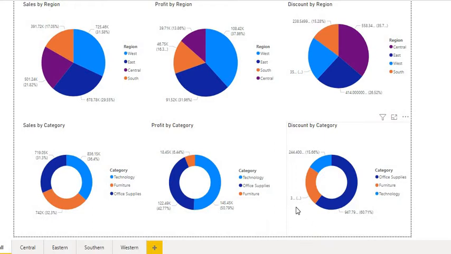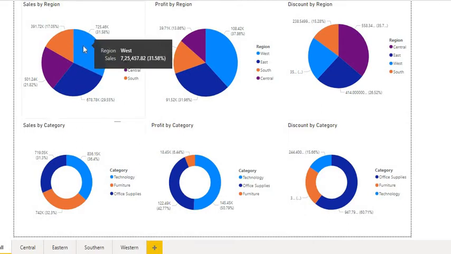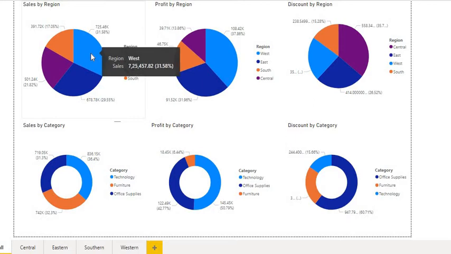So in the overall view, we have 2 points to note. First is the Central region, like what is happening in Central region, and second is furniture, like why is there less of profit coming from furnitures. We can also have a view at sales of category region wise.